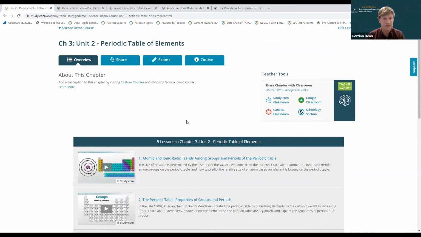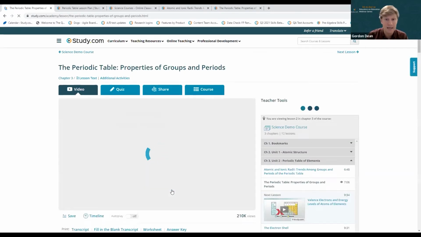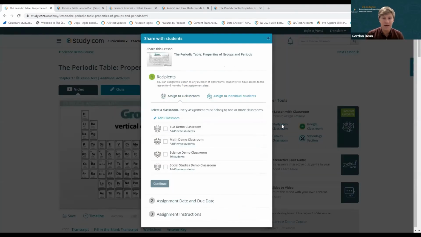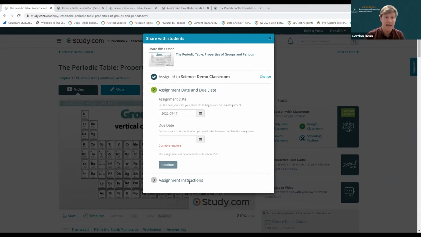However, if I really want to sequence this one at a time to not necessarily overwhelm my students, let's go in here and say, actually, I'm going to assign just this particular lesson. That works too. I can then come in here, share, select what classroom I want to share it with. If there are actually a couple of students who need a refresher on specifically what the periodic table is, I can assign it to individual students if I want that level of differentiation. I can come in here, select the classroom, select the due date, add any particular instructions, and then boom, send it out and it'll show up on your student's dashboard.